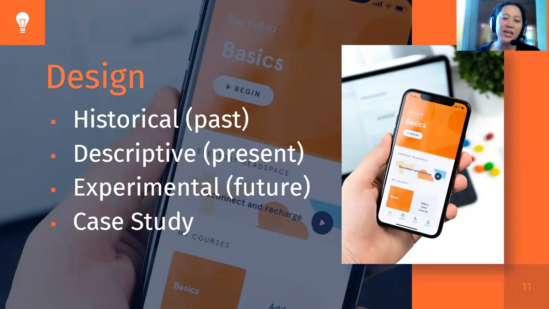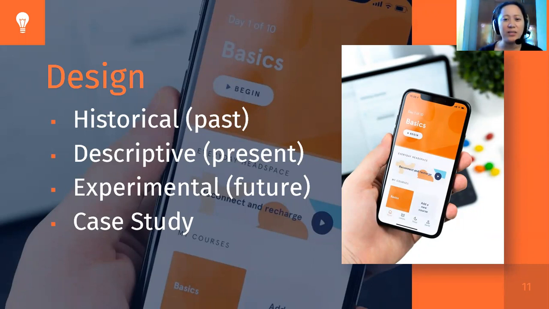When you say historical, it talks about the past, or it uses information of the past. When you say descriptive, it is focusing on the present situation. When you say experimental, it tries to predict what will happen in the future if I do this with that and that. Case study is a combination of historical, descriptive, and experimental,